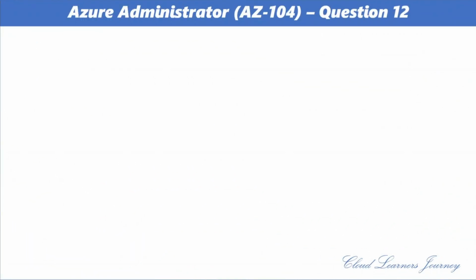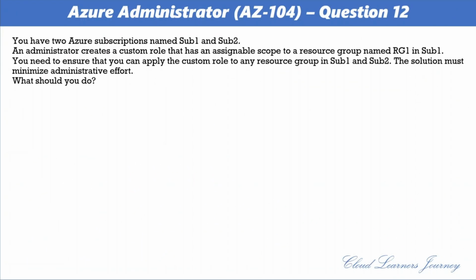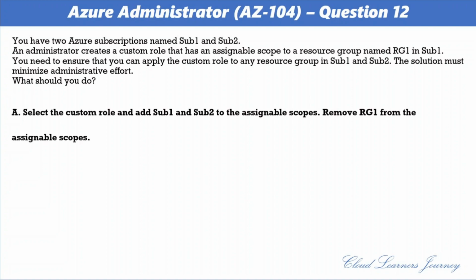Next, question number 12. You have two Azure subscriptions named Sub1 and Sub2. An administrator creates a custom role that has an assignable scope to a resource group named RG1 in Sub1. You need to ensure that you can apply the custom role to any resource group in Sub1 and Sub2. The solution must minimize administrative effort. What should you do? And the options are: